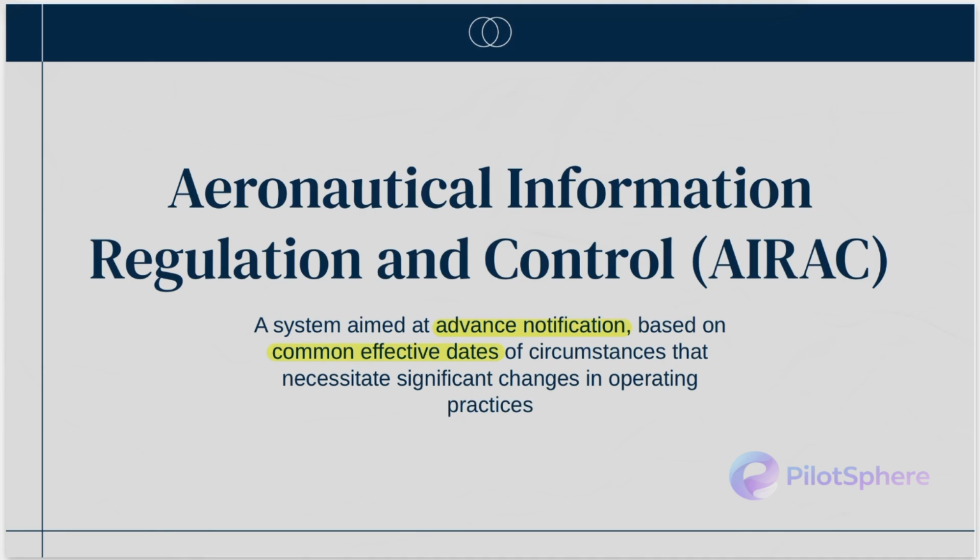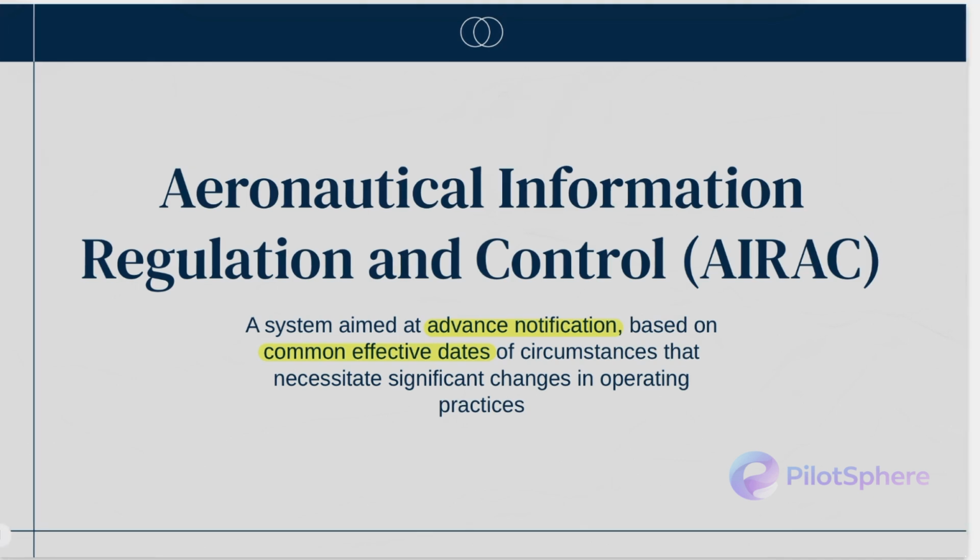And we are going to take a look at how this all takes effect. What are these common effective dates? The AIRAC cycle is what we're going to be looking at. Aviation data does not just randomly change. The AIRAC governs these changes based on a very strict, globally synchronized 28-day cycle. Okay, it is a 28-day cycle. Let me rewrite that: cycle.